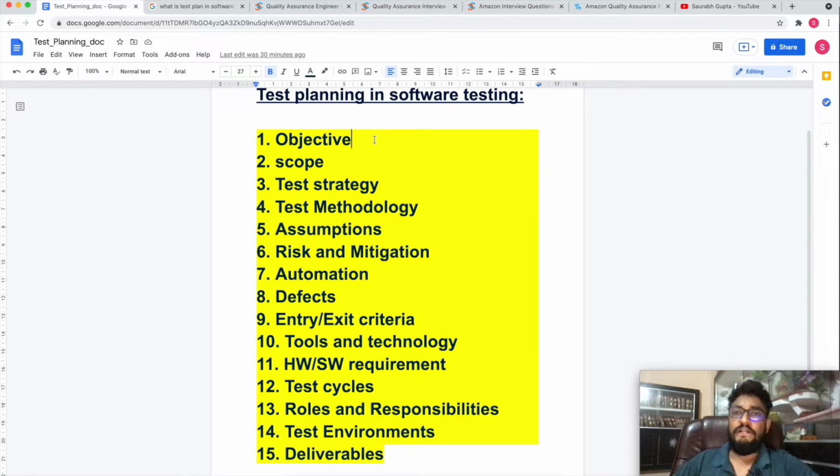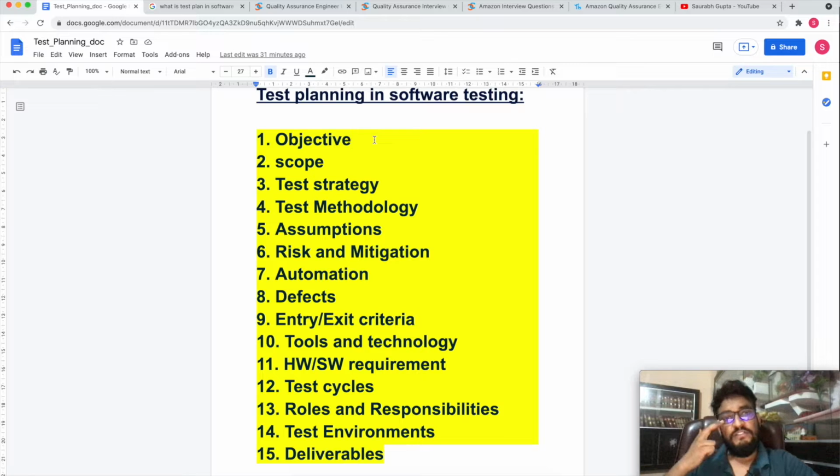So entry criteria is something when we actually start our testing, exit criteria is when we actually stop our testing. For example, in a testing process, suppose you are doing integration testing, or unit testing, or component testing, say smoke testing. So like a very basic smoke testing. What will be the entry criteria of the smoke testing?